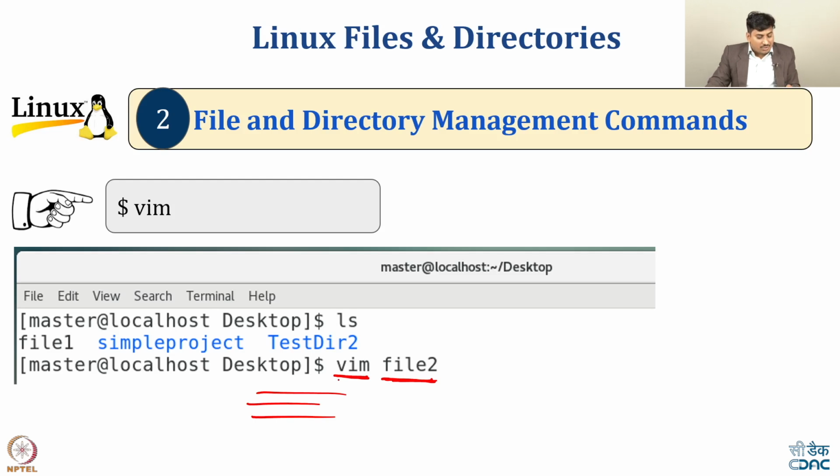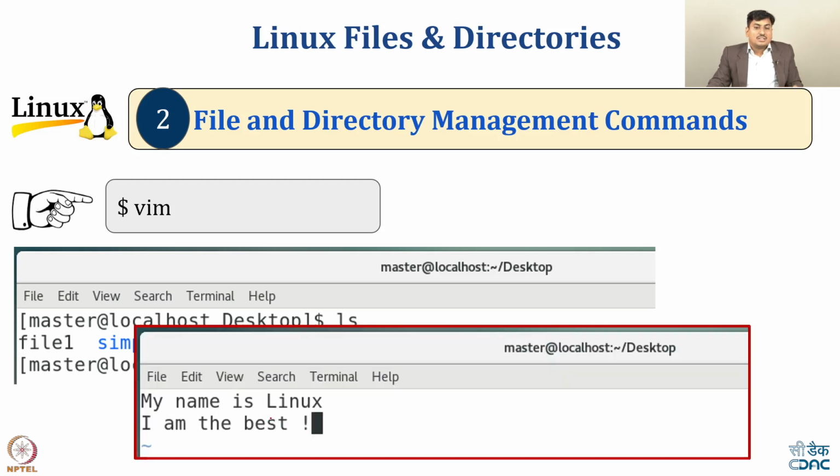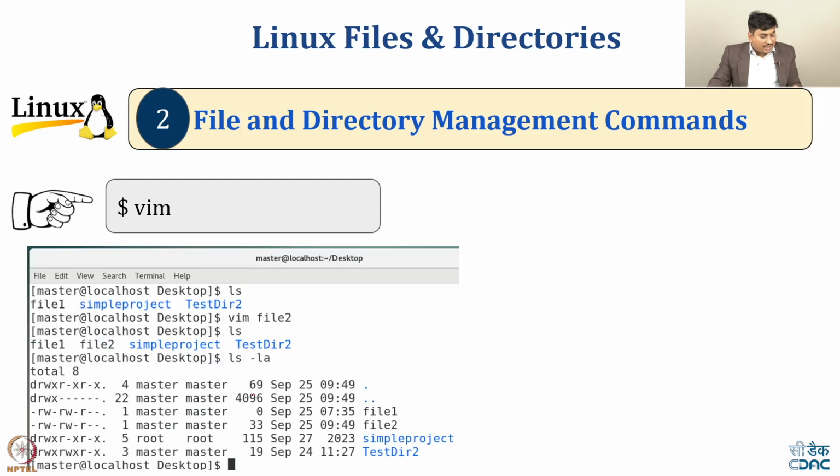Let's say I have added some data and saved that file. Then you can observe that